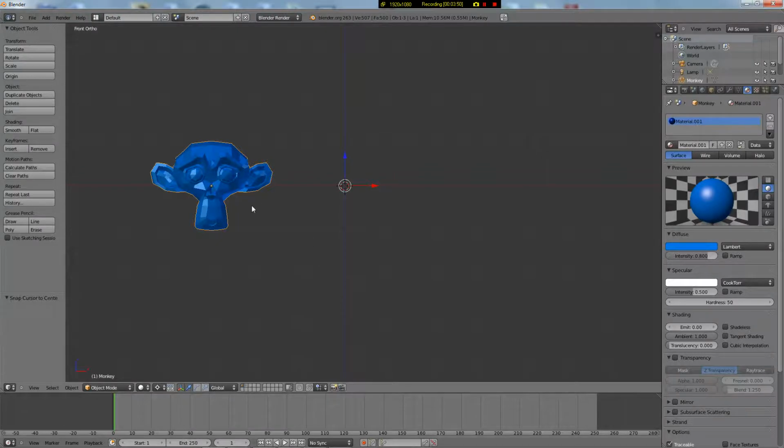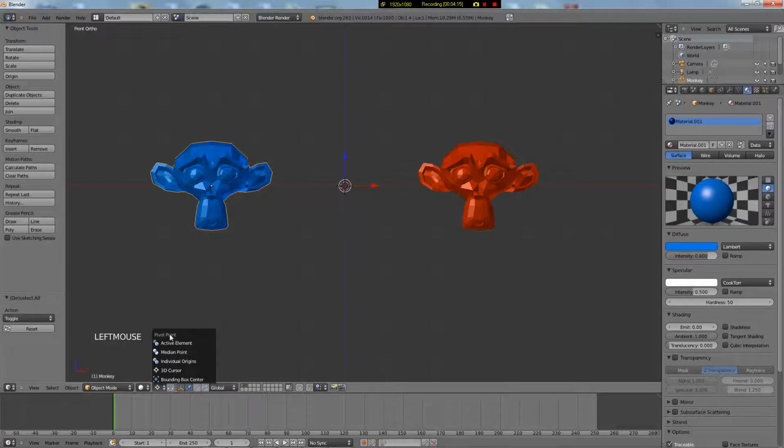All right. So that's one object. What happens if you have two objects? How does Blender compute all the different pivot centers when you have two objects? Well, I have on my second layer here a second Suzanne, a red one. When I select one, when my pivot center is at the 3D cursor, you can see